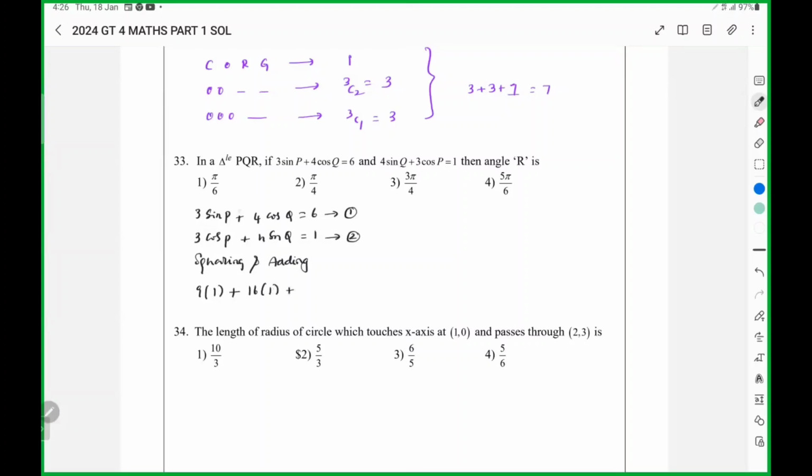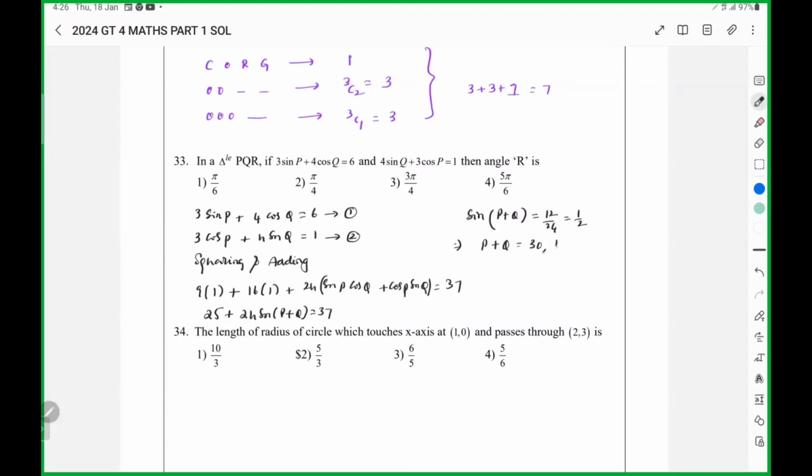Here it is squaring 2AB, that is 2 into 3 into 4 is 24, sin P cos Q plus... 37. Sin of P plus Q. Sin of P plus Q will be 12 by 24. P plus Q will be